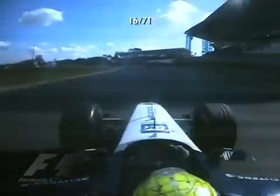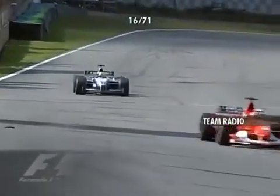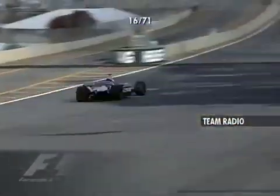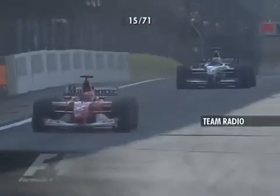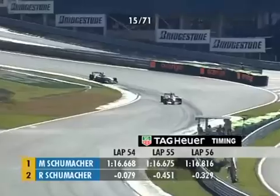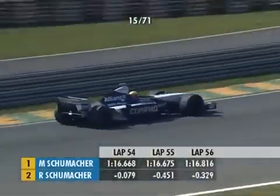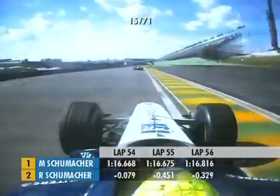You are free to use the boost button. You can use the boost button. Well, you heard it right here on Digital F1. You can use the boost button, Ralf, he's being told, and I'm sure he will, given half a chance. And I think that relates to just upping the rev limiter rather than having something like a big turbocharger with an extra boost. So Ralf now been given the okay from the pits to go, go, go, as Michael Schumacher